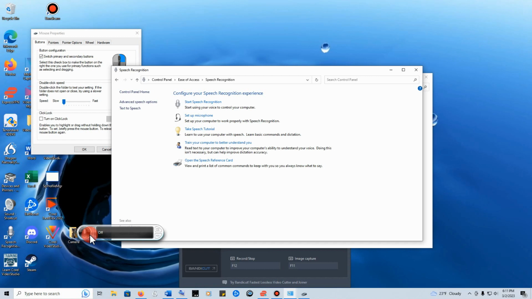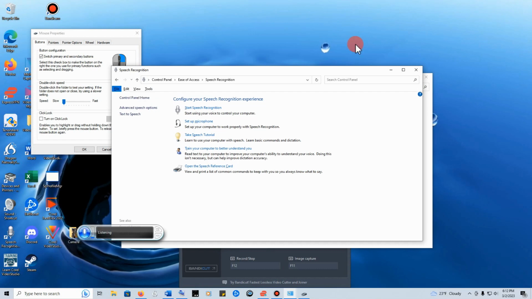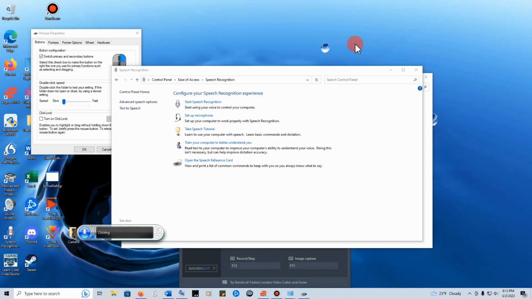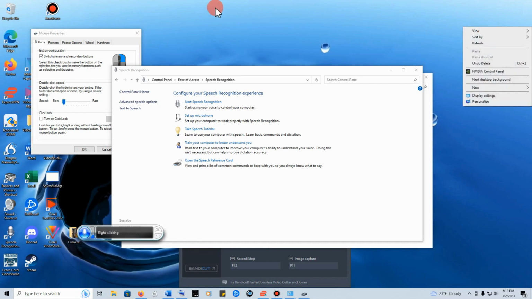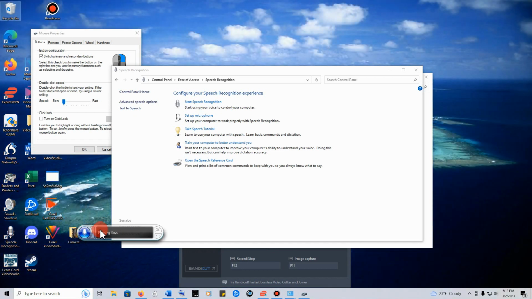But that's technically my right click. So left click, right click, and sometimes it doesn't work properly. And so yeah, I can use that to right click, and also you can use it for typing, but